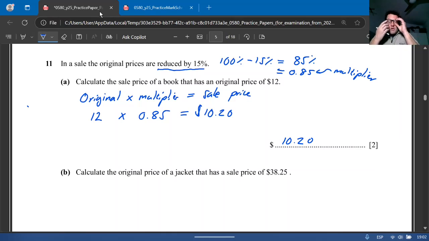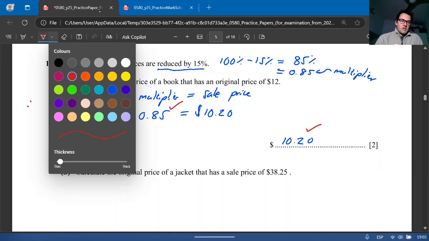So that's another, longer way of doing it. You get 1 mark for that $1.80, or how much it went down, and then full marks if you subtracted it. But best is just to get the multiplier and multiply it. Now in question B,